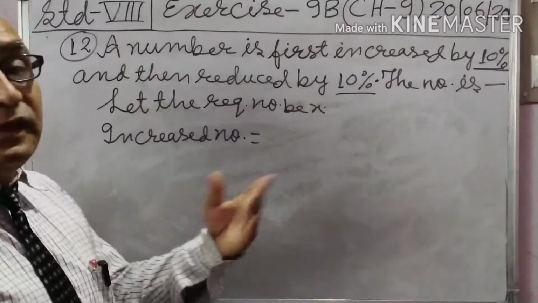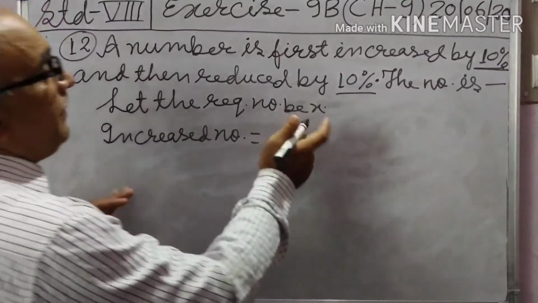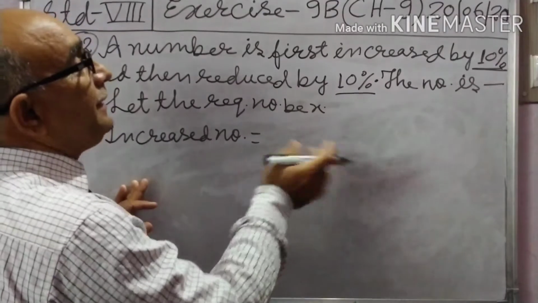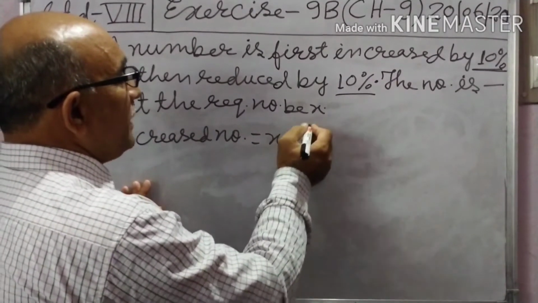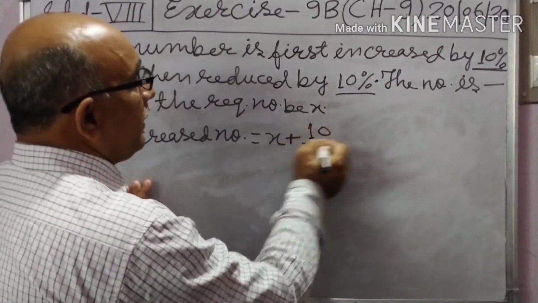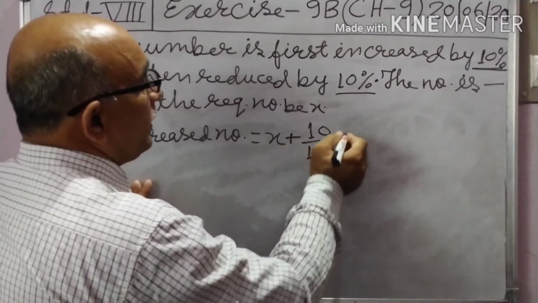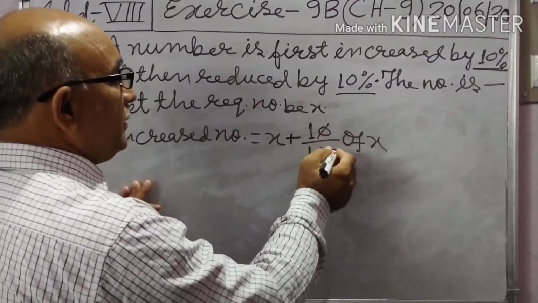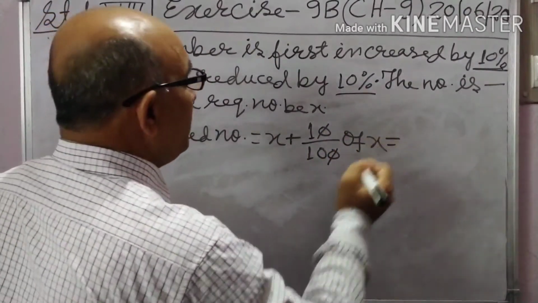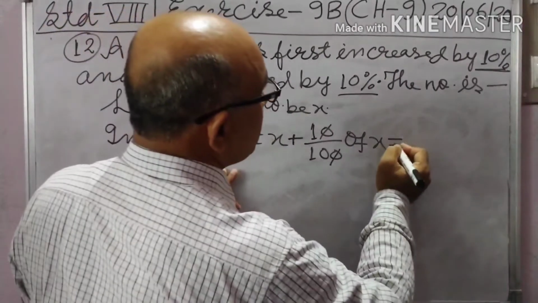A number is first increased by 10%. So the number given is x, and it is increased by 10%. So x plus 10%, which means 10 by 100 of x. Solve it: x plus